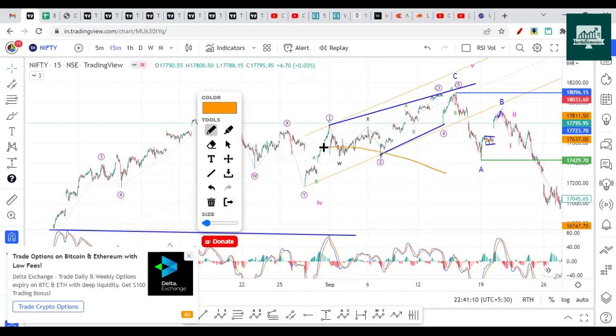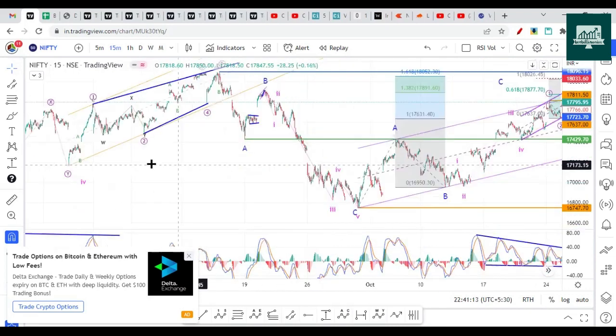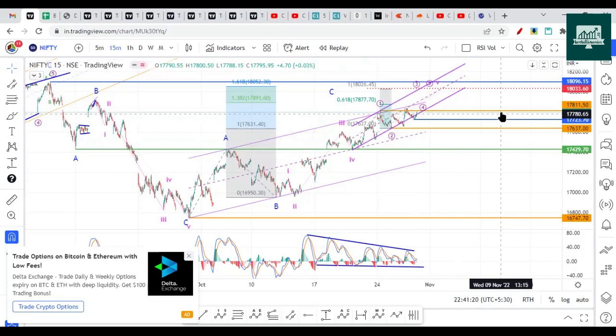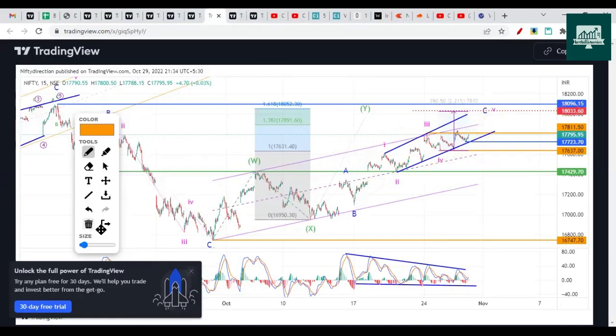The same thing is happening right now as well. Here we don't have a perfect wave count, and we are not able to forecast how many swings are pending. There could be 3 to 5 more swings pending on the upside on the smaller scale. At least we know the levels: 18,900 and 18,050 are levels on the upside for us. From this area we can expect a dip. So overall we are going to discuss 3 cases.